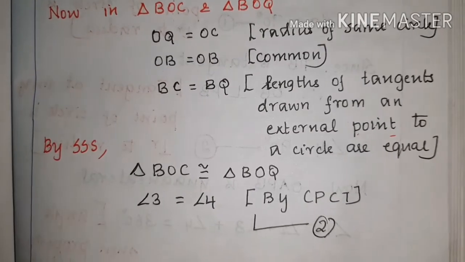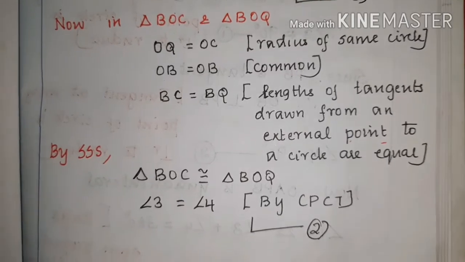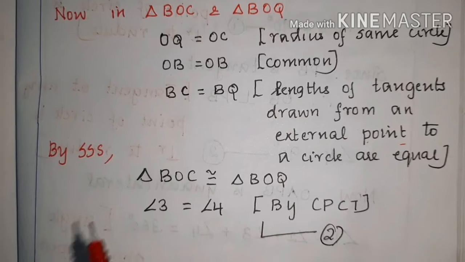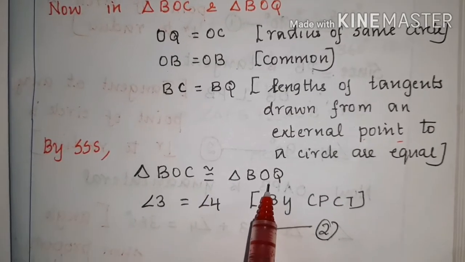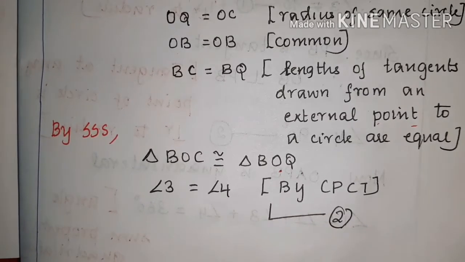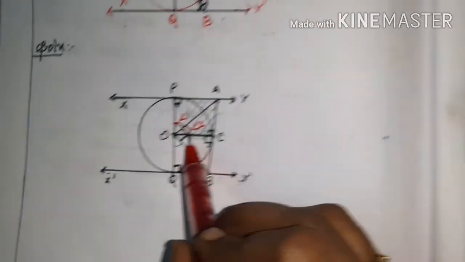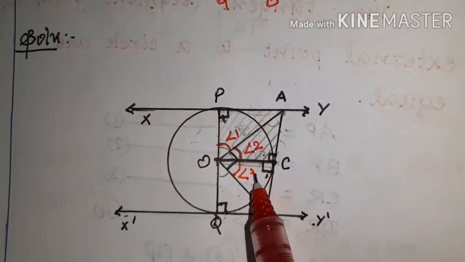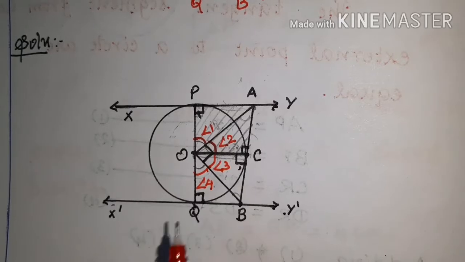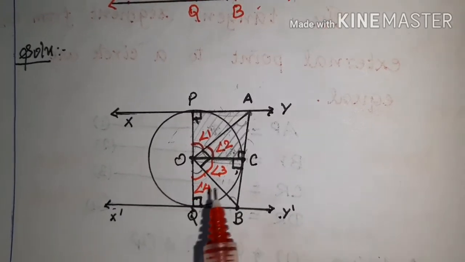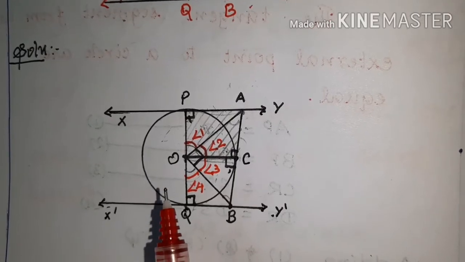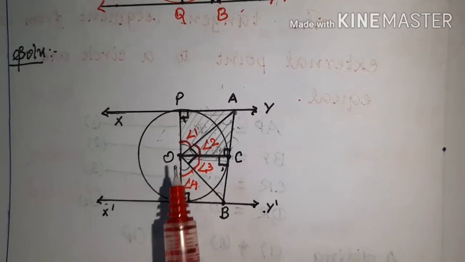In that case we would be proving similar, but here we will be proving congruent because they are of the same size and shape. Okay. Now since they are congruent, we can say that angle 3 and 4 are equal by CPCT. Where are angle 3 and 4? You can mark them. Very important: without marking in the figure, you can't mention angle 1, 2, 3 and 4. Don't forget, you have to mark all these angles in the diagram. Suppose you are using this numbering of angles, you have to number them.